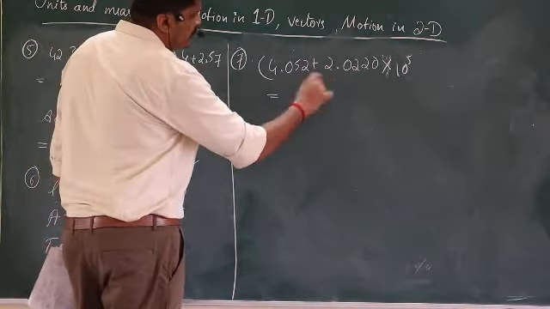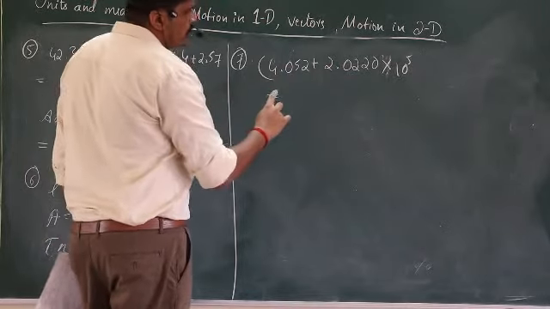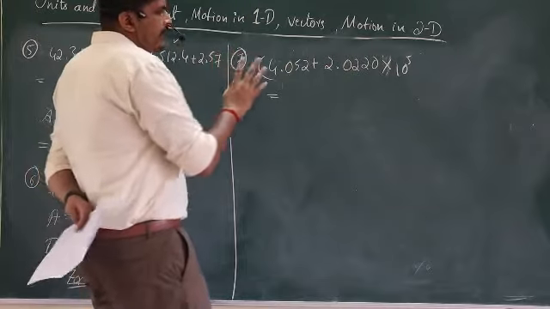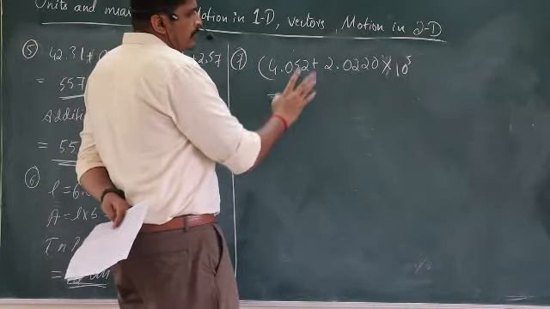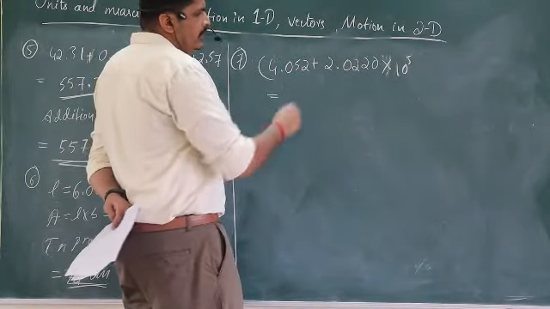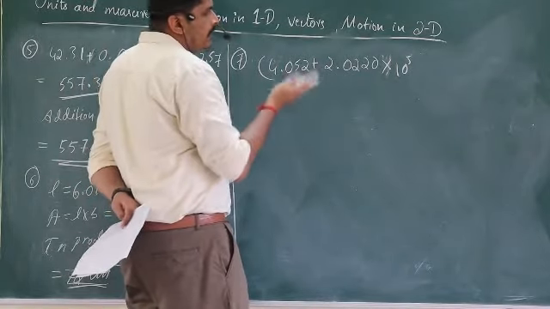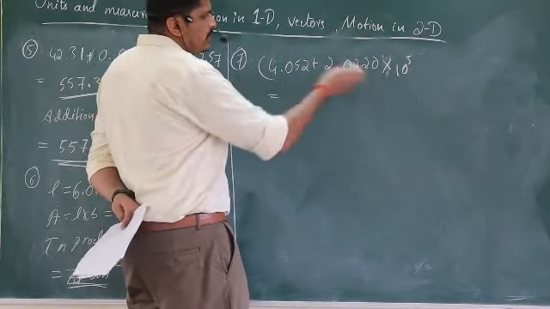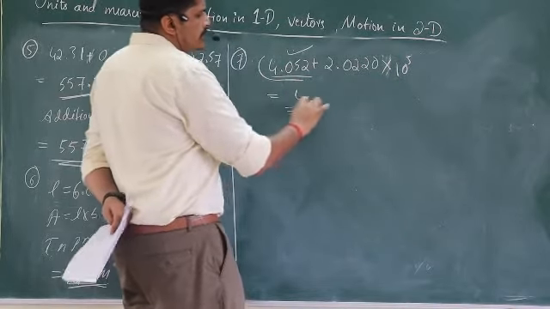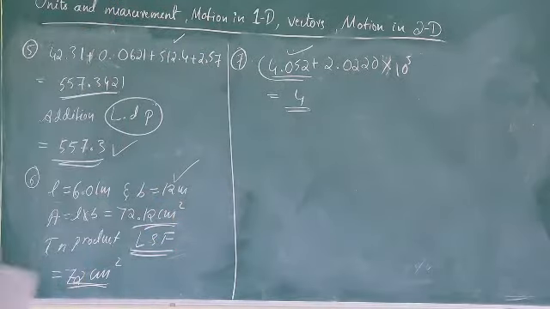You just add up the numbers, and finally you are supposed to find out the number of significant figures. But remember, in addition we have to follow that the final answer should have the least significant figures. Right now we don't want the answer; we require the significant figures in the final answer. These two have the least significant figures here. That means 4.